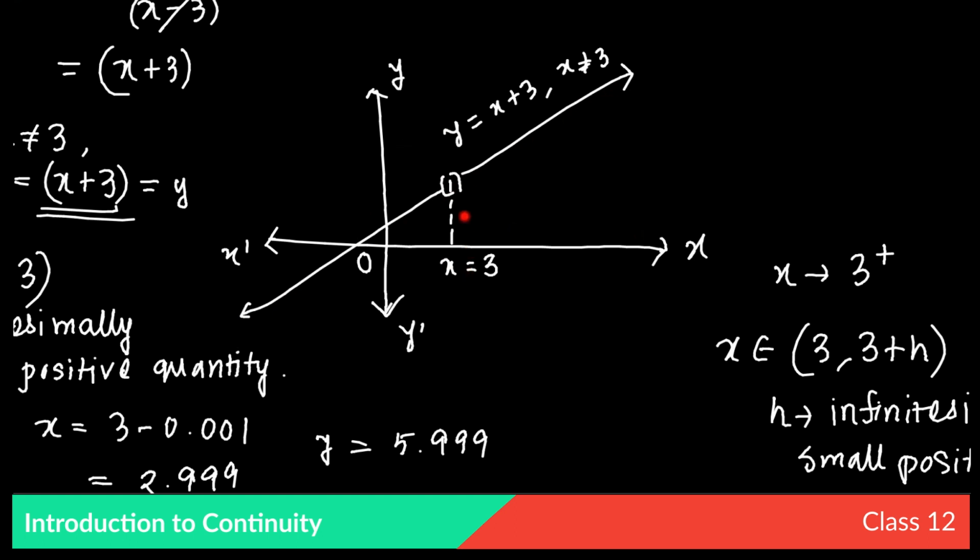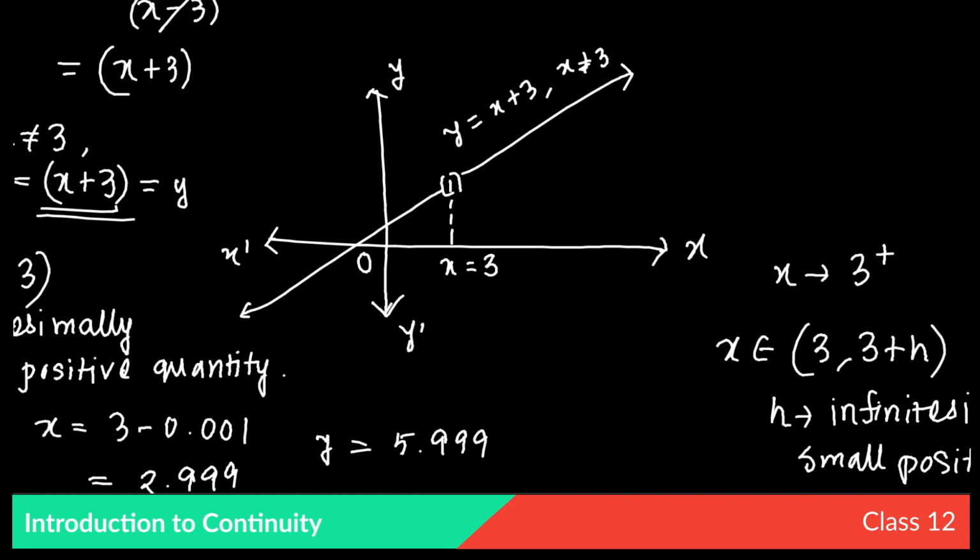So when x equals 3, the functional value is 6, and when I am plotting this graph, I cannot lift my pen. I have to continue with this line. In that case, we will say that the function is continuous, that means it is getting drawn without any break or gap. I think it is clear. You can see that I do not have to lift my pen when plotting this graph. So you can say that f(x) is continuous at x equals 3.